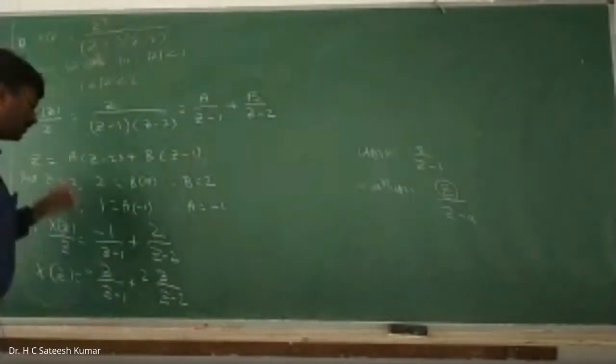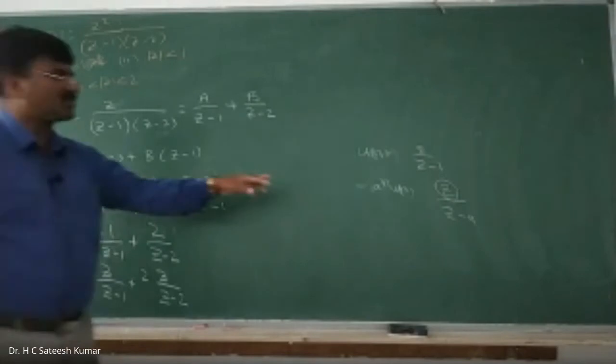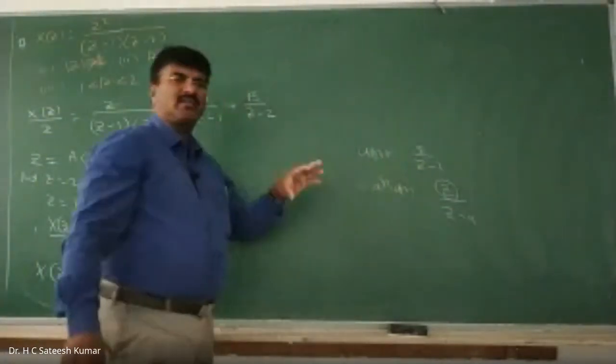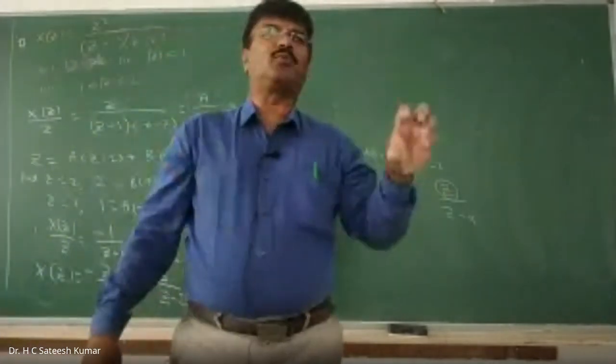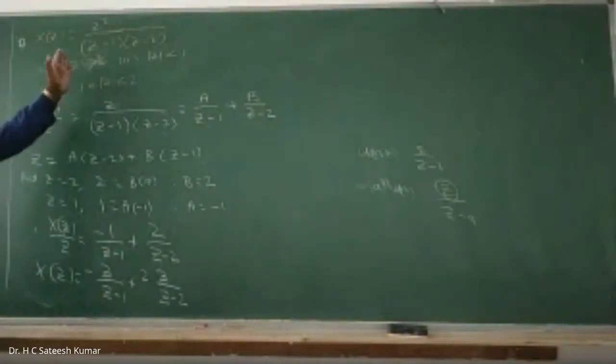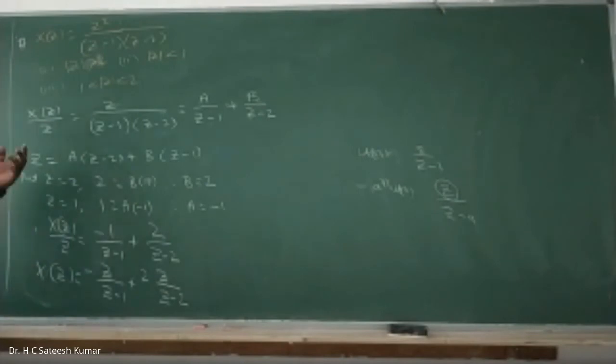But when you do the partial fraction, Z will be eliminated in the numerator. Therefore, what we do is keep one Z reserved in the denominator, so that after getting the partial fraction and cross multiplying, you will get the Z in the numerator, and we can do the inverse Z transformation from the standard table. That means, since the standard Z transforms have one Z in the numerator, you always keep that Z in the denominator and go for the partial fraction of X(Z) by Z, not X(Z). Once you get this, then you go for your ROCs.